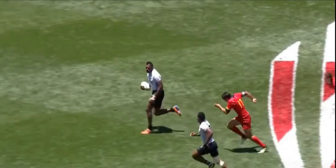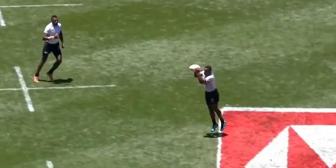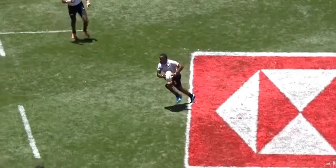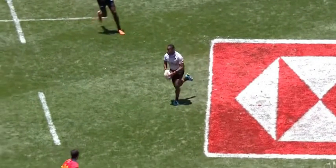So I'll go back through it in slow-mo now so you can actually see it in a little bit more detail and understand we're coaching from the online program and the skills. So what I love here first and foremost is the heads up. Okay, so really important again, the vision is there straight away. This guy is really looking to scan and see what he can see in terms of identifying opportunities to get a defender to dump. That means put the weight back on their heels and stand them up so he can